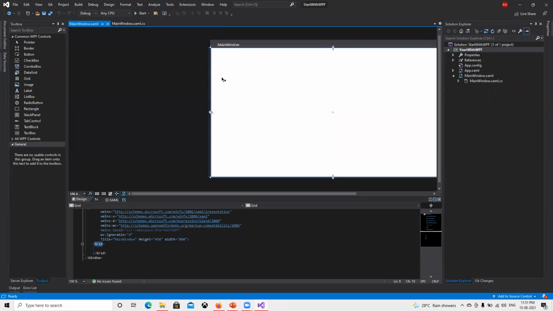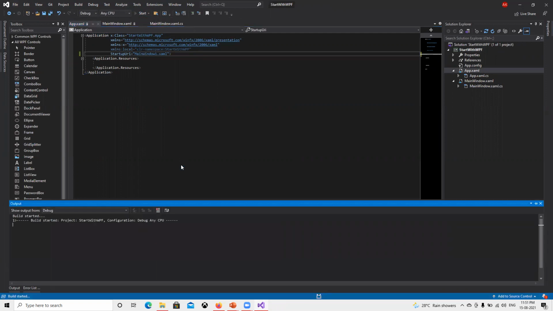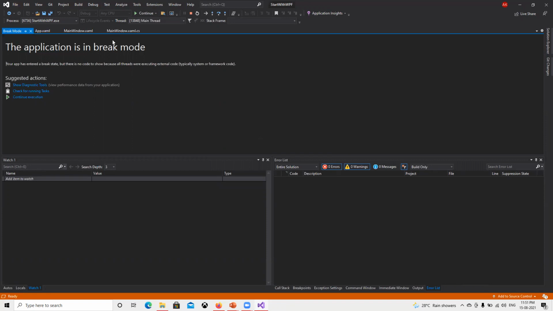Here we try to understand how this main window is opening. We can see that in App.xaml, we have given a StartupUri, MainWindow.xaml. If I change this one, save all of them, and try to start it, see, now we're getting an error. The reason is that it cannot locate the resource MainWindow1.xaml since we don't have this file.